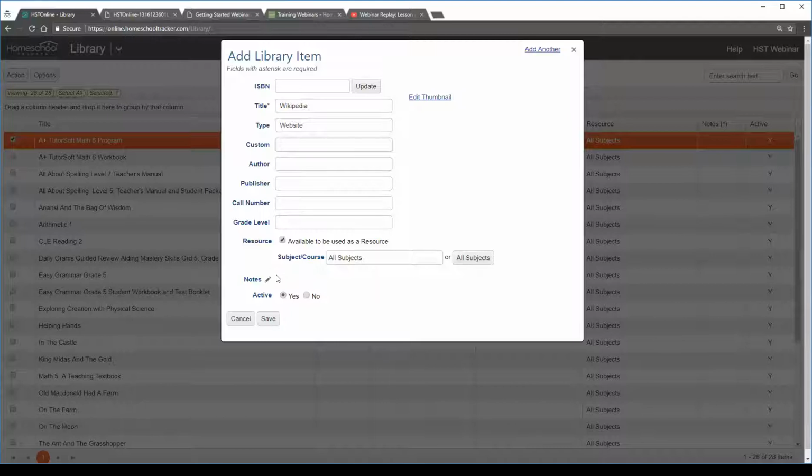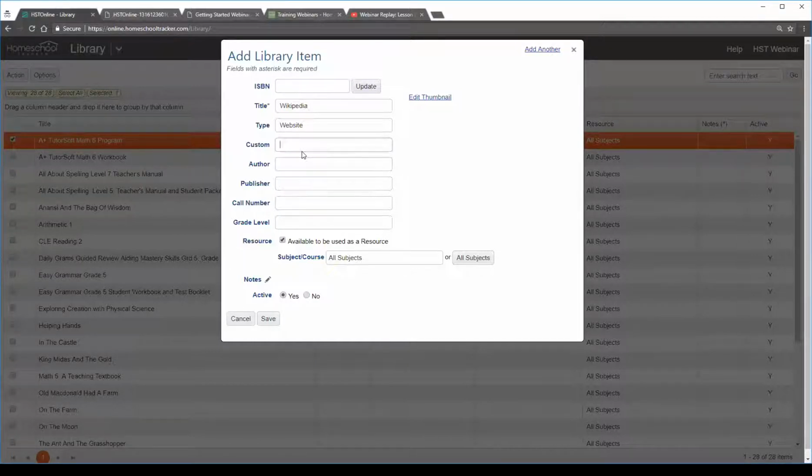And in terms of where I might put the actual information, it could go into this custom field. So custom is basically anything you want it to be. It's a field that has no real name, but it's something that each user can determine how they want to use. I happen to know that a lot of folks use custom to mark whether a resource is in their possession or not. Let's say they have friends that borrow books all the time. They could put in who has this item, in the custom field. They could say that Darlene borrowed it, so they'll put their name in there. You could use that for the website, right? You could put